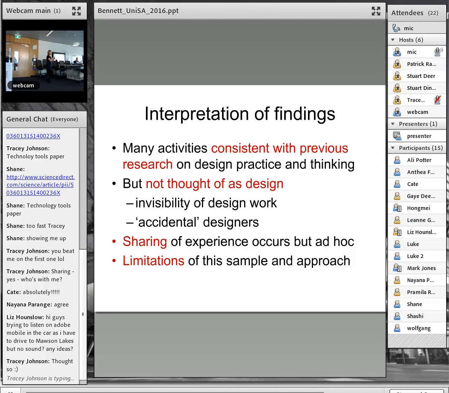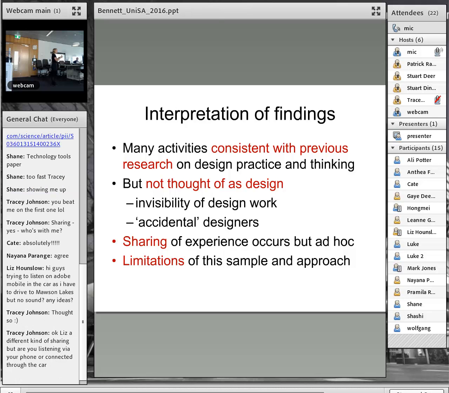One of my PhD students recently finished a study where she followed people in a more ethnographic way through a bit more than a semester of design. And she found out some more interesting things to add to that knowledge base. But we still need more and more studies like this, where we're actually finding out about how teachers work as designers. In other fields, this is the mainstay of a whole lot of their research. They actually go and investigate how design teams work. So there's a lot more to be done in this particular space.